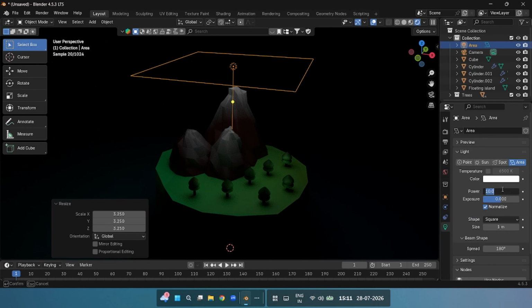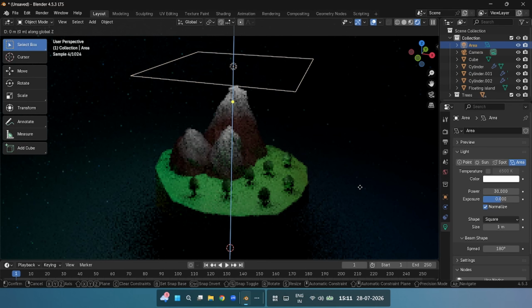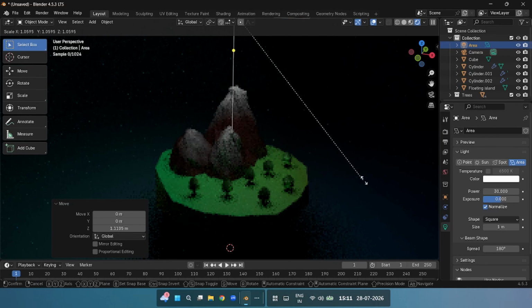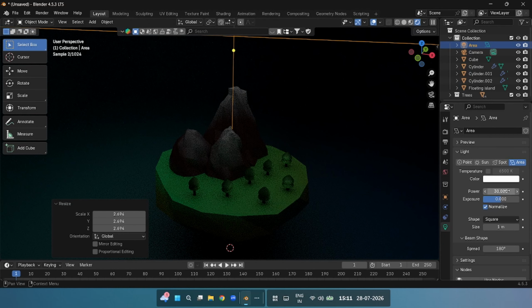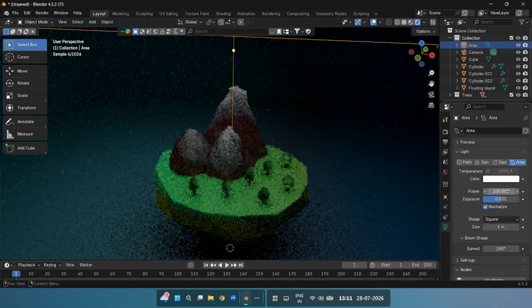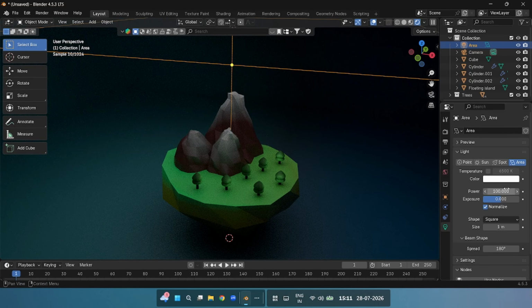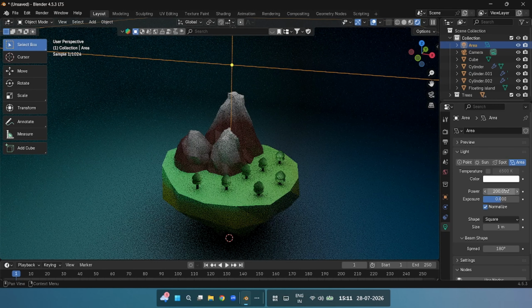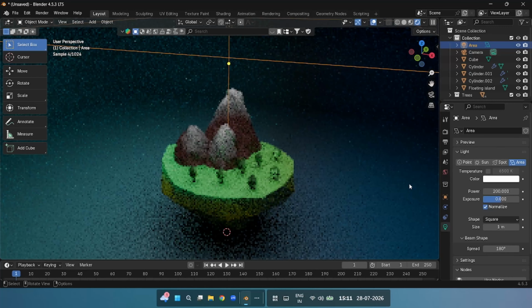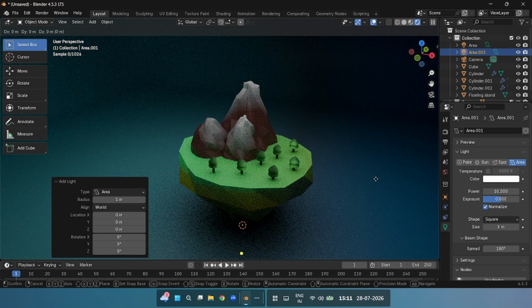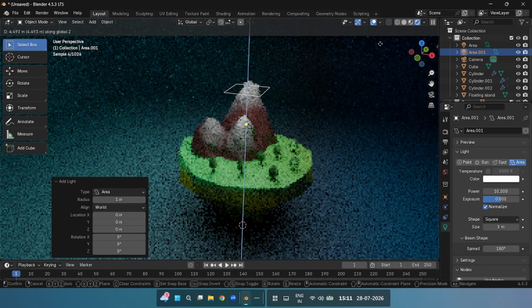And we'll increase the power of the light because it's too light, and we'll just increase it to 30. We'll grab it up, and we'll scale it more, like make it 100 kind of, or maybe 200, like that. And we'll just add a few more lights, like we'll add another light. We'll grab it up,